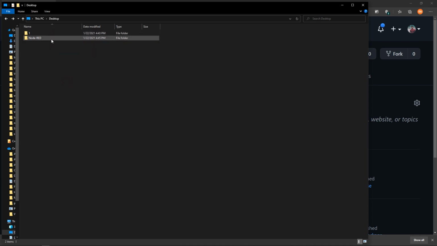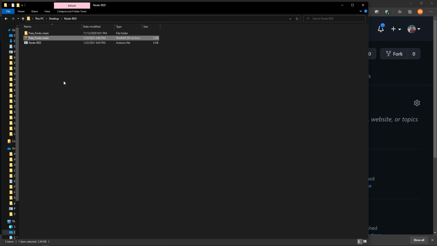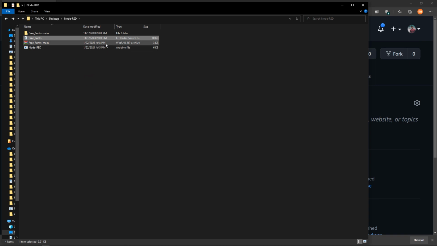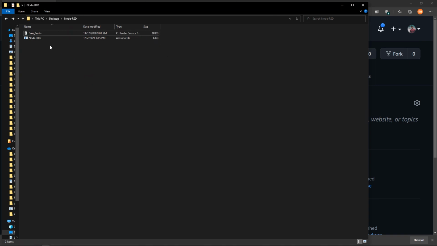This is what we created before, paste it here, extract, copy and paste here again. Now we have included the freefonts.h file inside this folder.